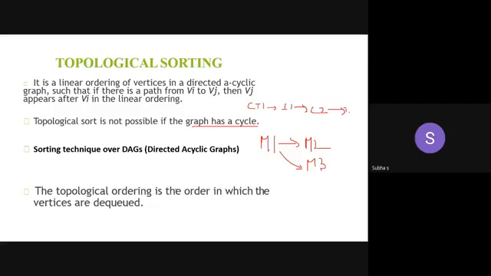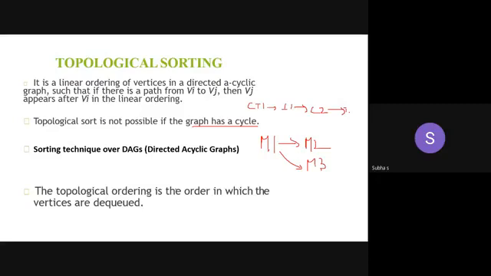What are the sequence of steps we have to take? It is mainly used in job scheduling. Suppose one action is to be done first, and only after that the next action. Take an IPL match itself: putting the toss is the first action to be done.